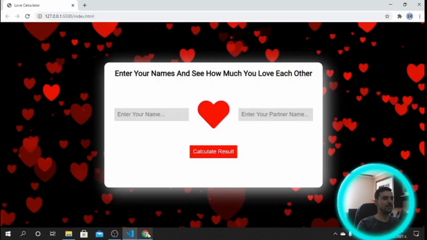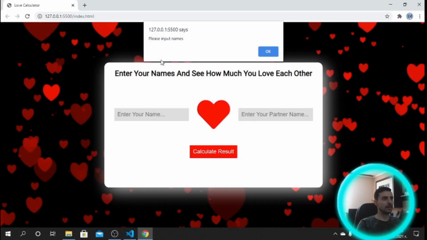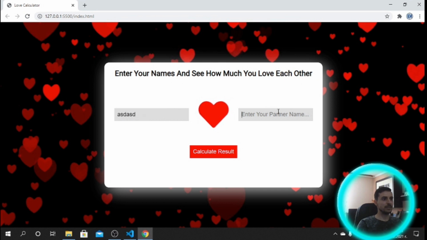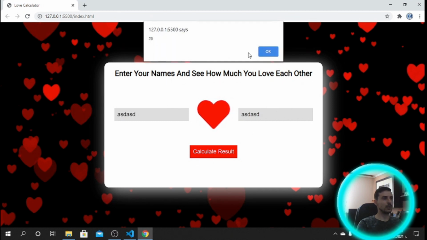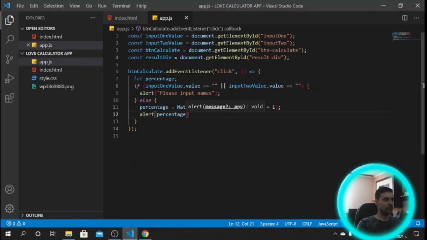So I'll hit save, go back, let's put some names, and we get 25. Okay, so now let's get this div which we created, the result div, and assign the value dynamically inside it. So what we need to do is resultDiv.innerHTML equals, I'll use backticks, which is the button below the escape button on your keyboard, and here we can put